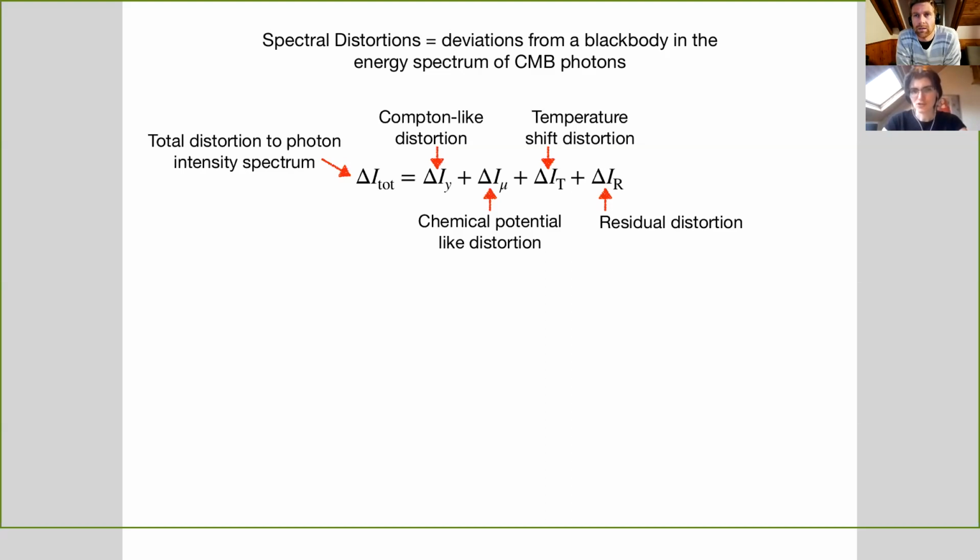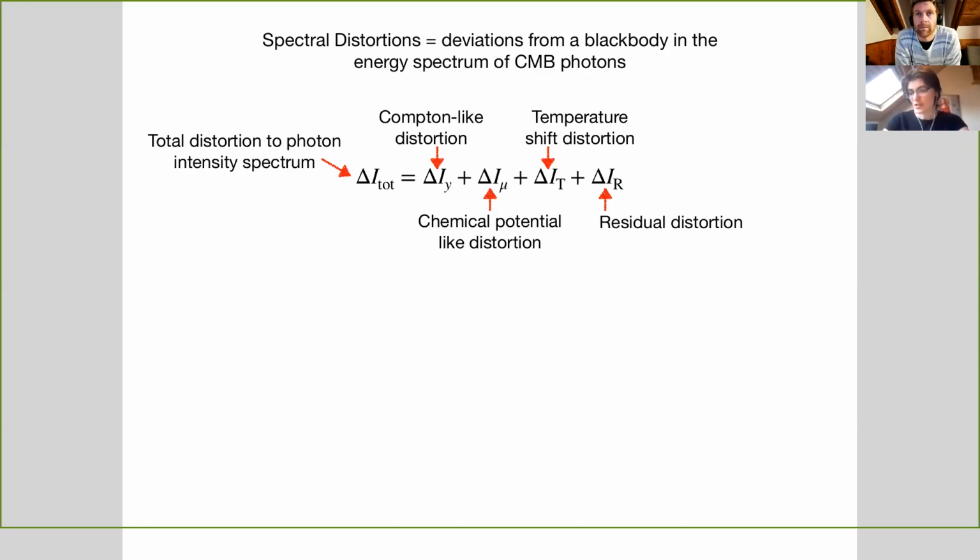And it's the third contribution you see here, the delta I_T. This is the temperature shift distortion. And this is the one that is going to be dominant in the very early universe. Okay, and that would just be seen as a temperature anisotropy. You wouldn't see that in any other way? Yeah, this would just be purely absorbed as a deviation of the temperature of the CMB. Okay. So this would just shift the overall temperature. Of course, this would already be what we measure. So this is essentially something that would be unmeasurable to us.